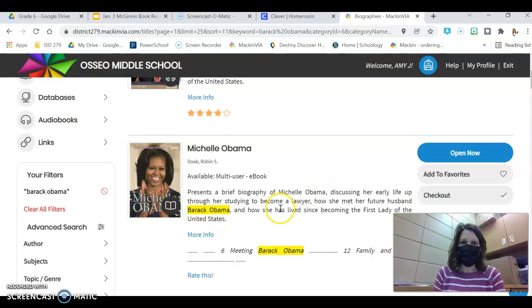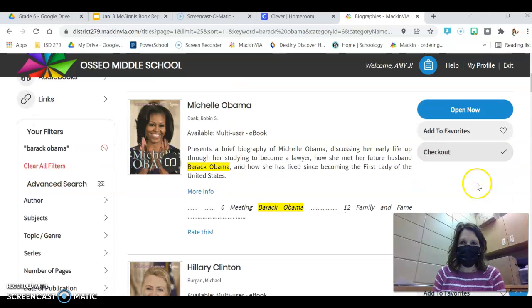Once you find a book that you want on here, I would click on checkout. Why? Because that means you have that book. And if somebody else tries to read it and you haven't checked it out, you might not be able to see it anymore. So once you've decided, I like that book, you click on check out. Okay? So again,